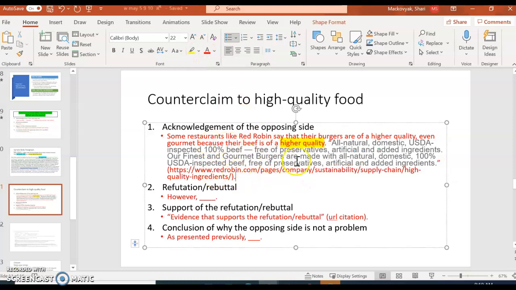All right, so you can see how this is starting to form a paragraph. So some restaurants say their burgers are of a higher quality, even gourmet, because their beef is of a higher quality. I don't want to say that twice, but I'm going to move on. Here's my evidence. Natural, domestic, USDA inspected, free of preservatives. All right, so as I'm reading this, I'm thinking of my however.